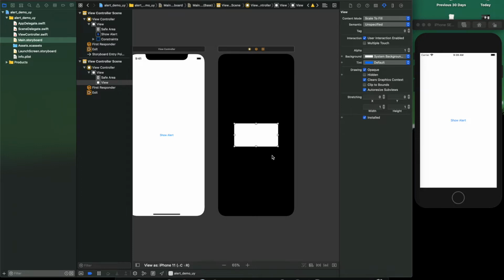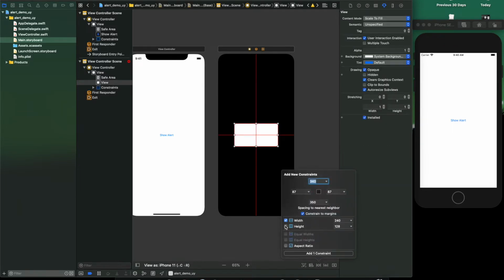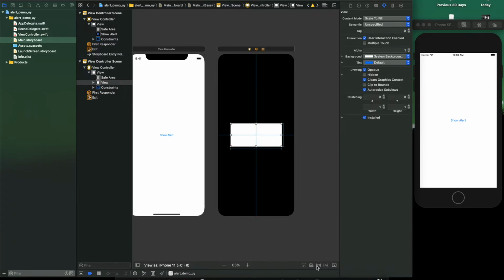Now let's give some constraints here as well so that it will not give any constraint warnings. Now let's give some height and width, so we can increase the width. Let's make it 80 here, and the height should be more, right?